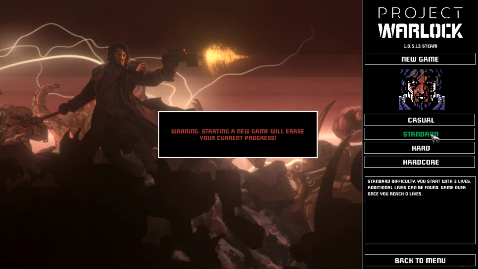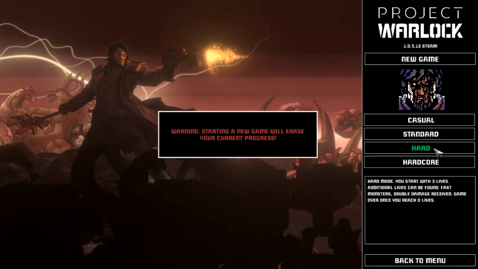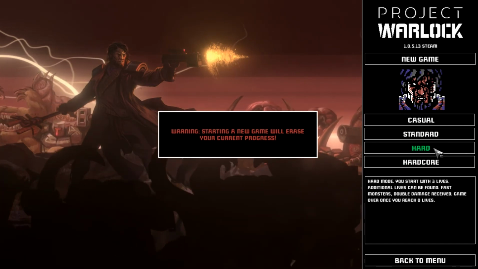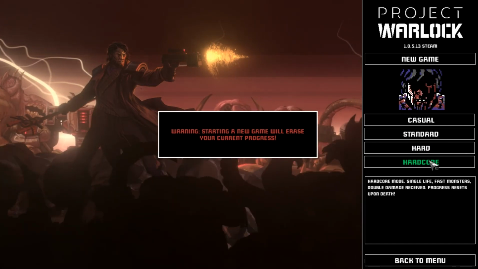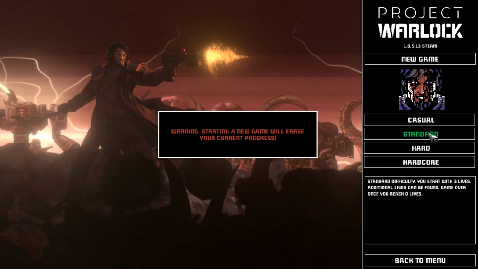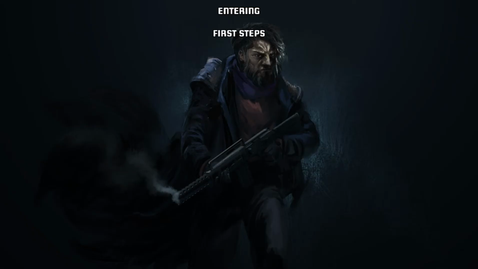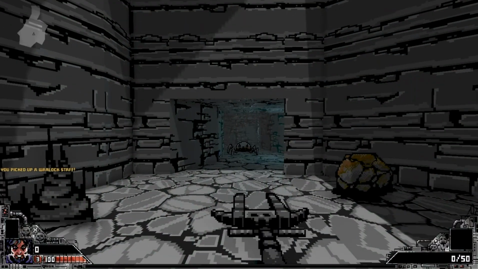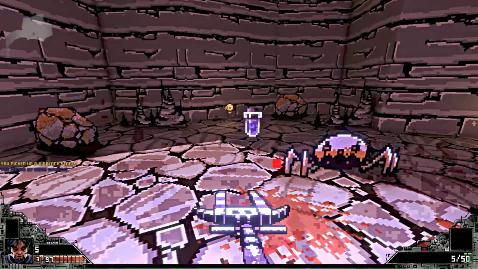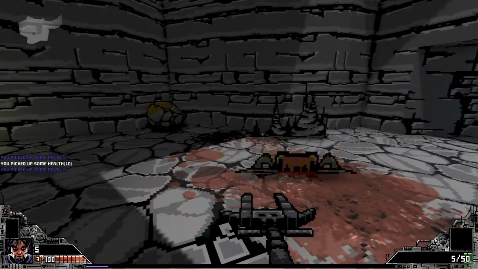As you can see, you can see where this draws its themes from, games like Wolfenstein and Doom and Duke Nukem. They have this similar kind of appeal to difficulty scaling. We'll go standard. And here we go. The first steps. Okay, that's my fault. I always forget that at the very beginning of the game, you don't start